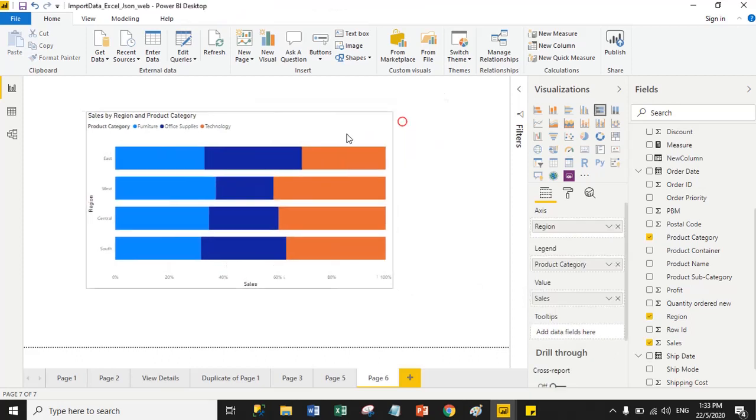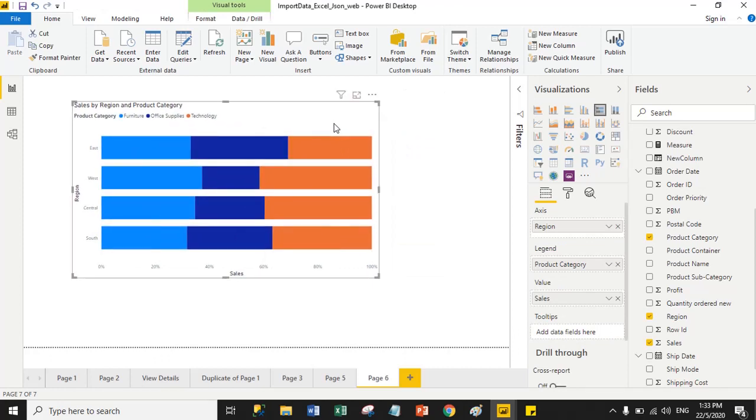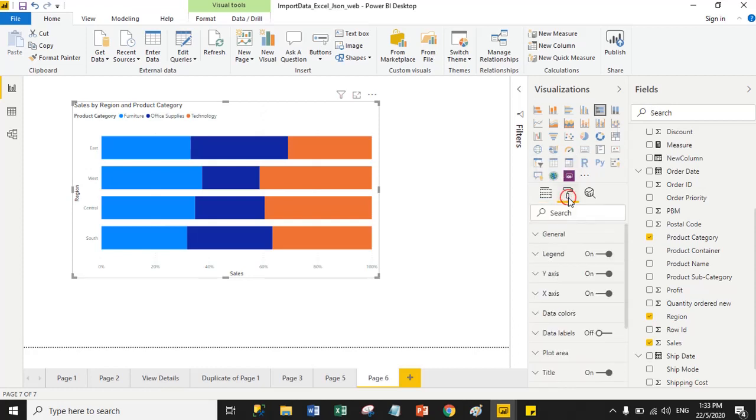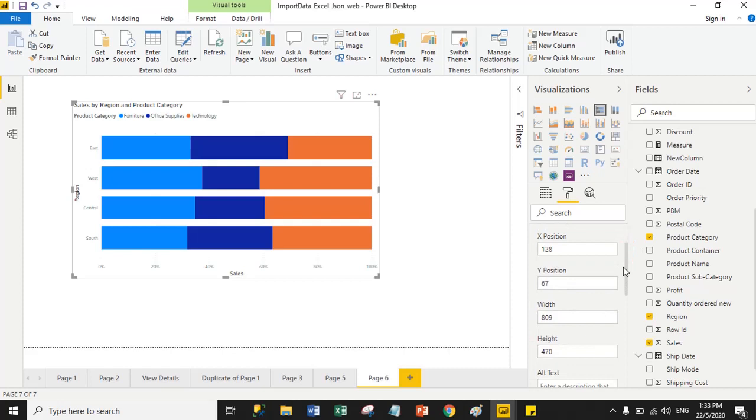Now we will set font size and font family for the 100% stack bar chart. For this, select the stack bar chart, go to the format tab, and here we have many properties like general, legend, y-axis, x-axis, data colors, data labels and titles. Using general properties you can set X position, Y position, width and height for the stack bar chart.